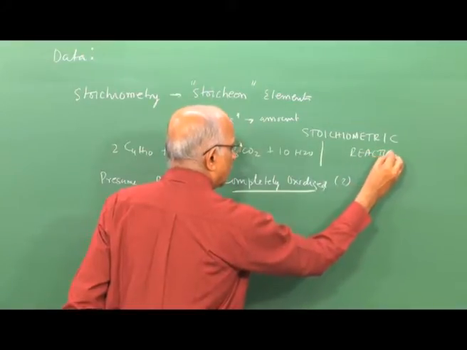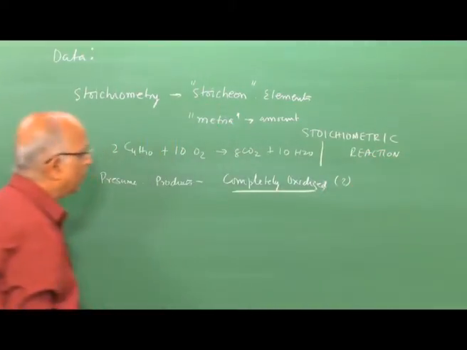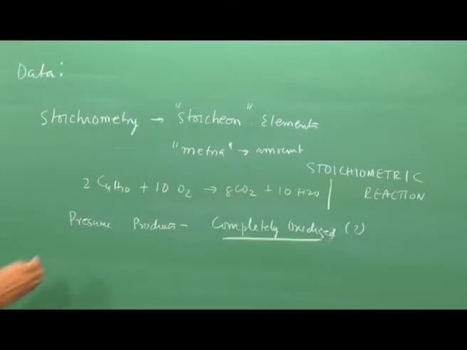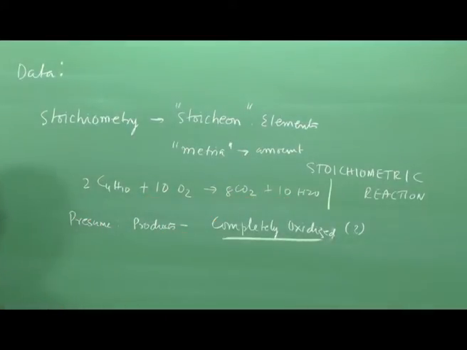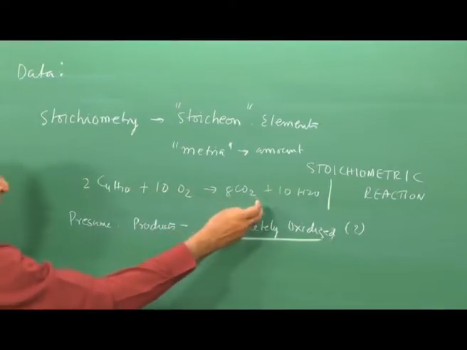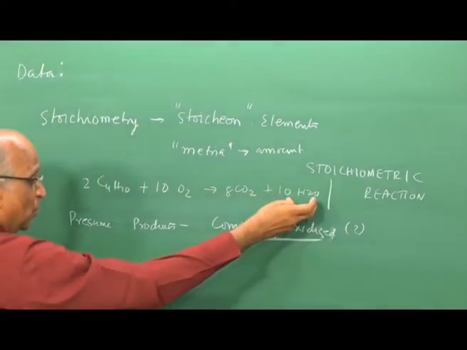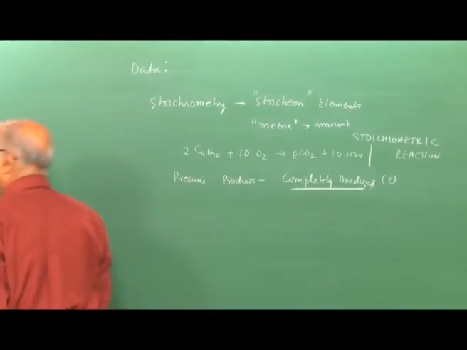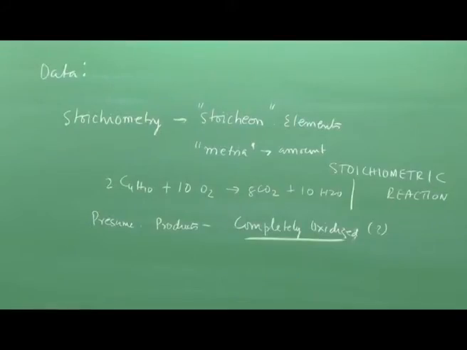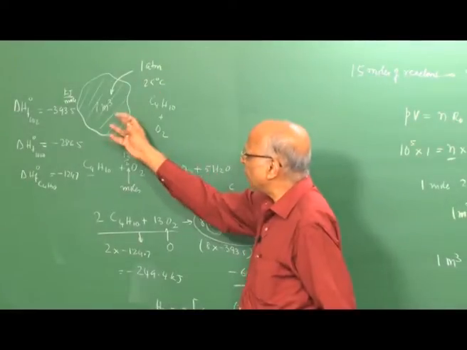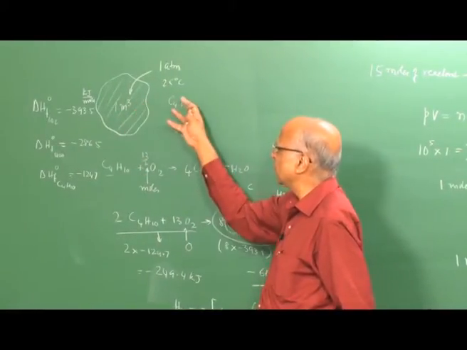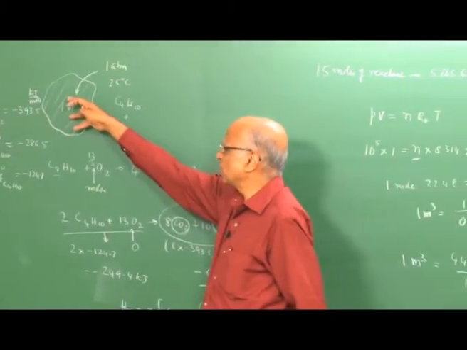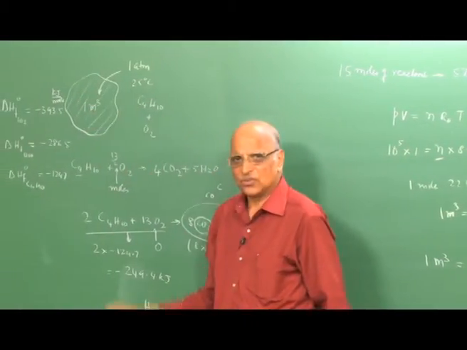Therefore, under the assumption that the reactants form fully oxidized products, that is, completely oxidized products are formed, I know CO2 and H2O are formed. Now I can calculate the energy which is liberated from 1 meter cubed, or if I say so many kilograms, I can convert this to kilograms and find out the energy released by the explosion of this particular substance.